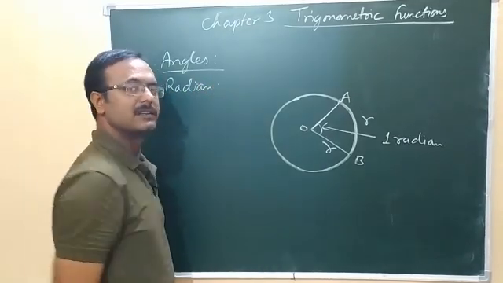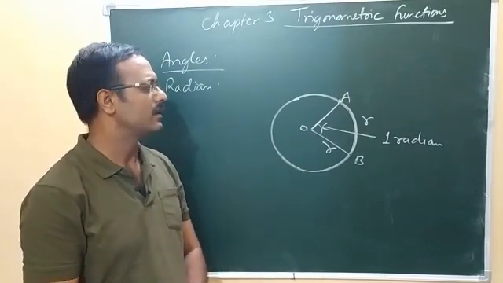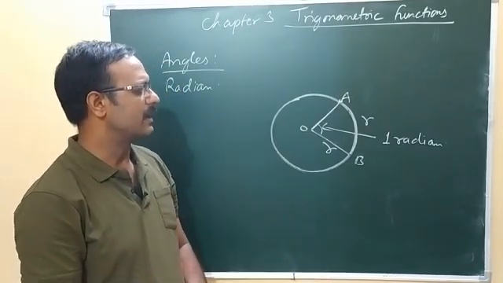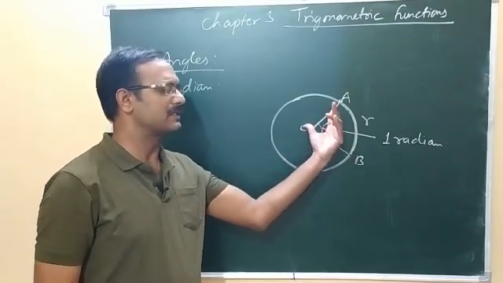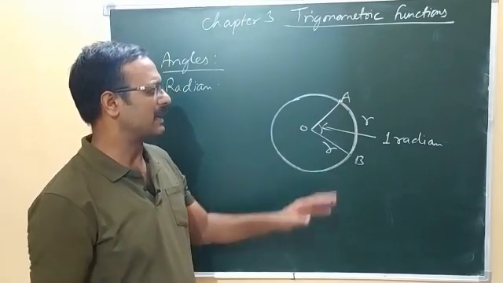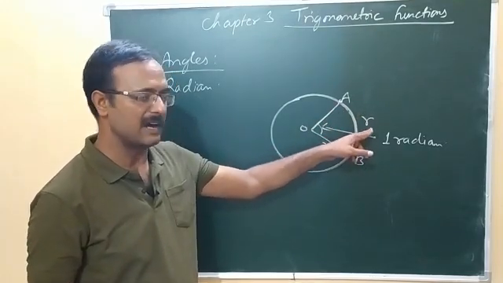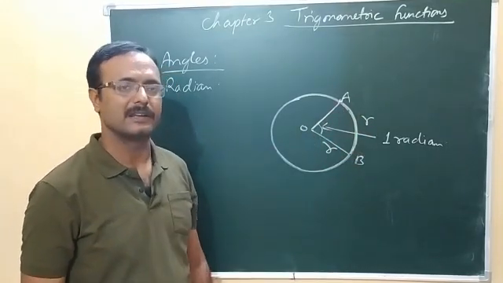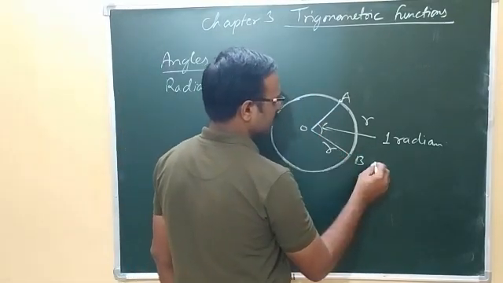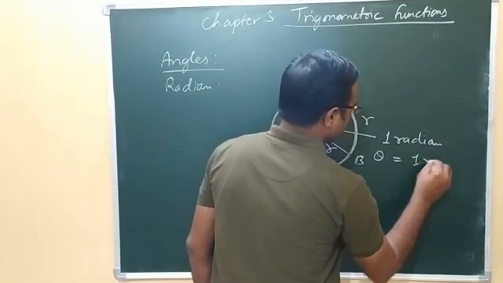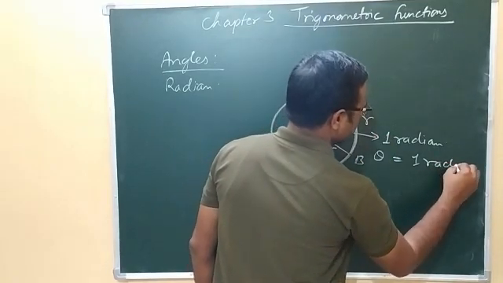It is the same as degree, but there is a different definition and different type of measurement. So what is the radian? It is the amount of rotation of an initial line about this point such that the angle subtended by an arc of length r will be equal to 1 radian if the circle is of radius r. So here this angle theta equals 1 radian.